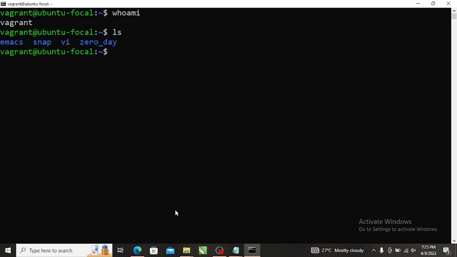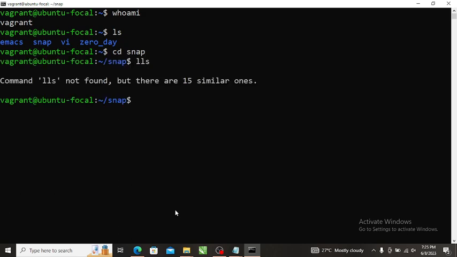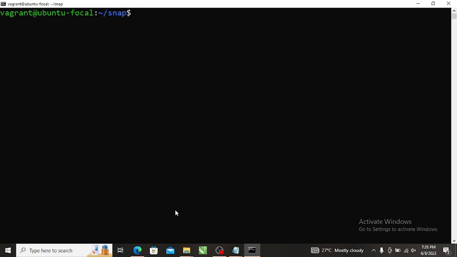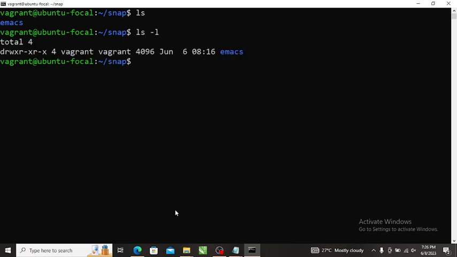Vagrants, okay. 0 day, let me use this snap. Cd into snap, ls, sorry, right, emacs. Okay, let us create some directories inside. ls -l, create directory and create a file. Okay, so make directory, directory 1, directory 2, directory 3, and also a file called, okay, and then touch